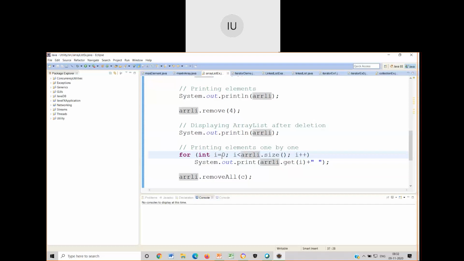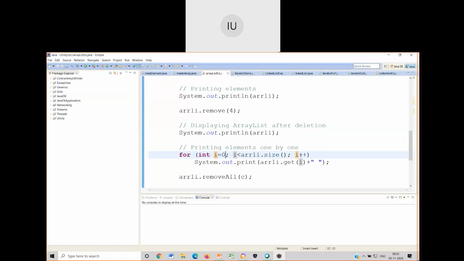Now if I ask you to display only even positioned elements, how would you do this? Can anybody comment? If you want to display only even positioned elements, what modification do you make in this? Ma'am, in the given for loop, if we put an if statement where we compare i with mod of 2. Or else I will write i equal to 0, and instead of i++, can I do i = i + 2? It will do that. Yes, ma'am. So if you want to display only odd positioned elements, i equal to 1 and i = i + 2.